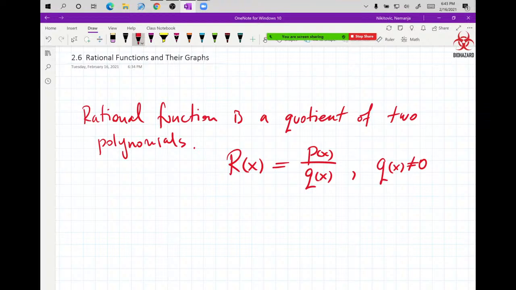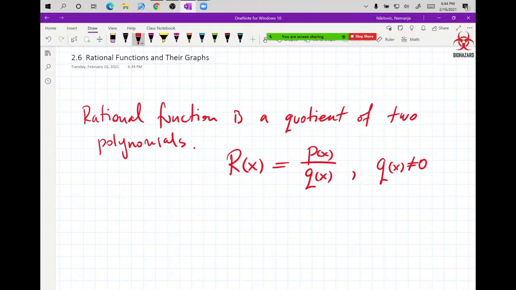Now, the fact that q of x is 0 in some cases will bring other headaches that we have to deal with as we go through. They're good headaches, but those are very important headaches, as we are going to see. Okay, so